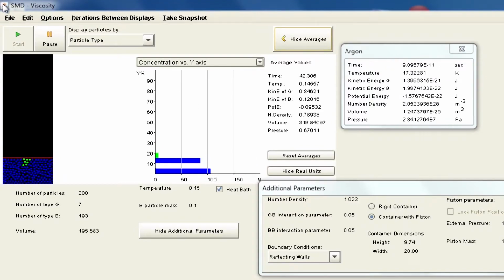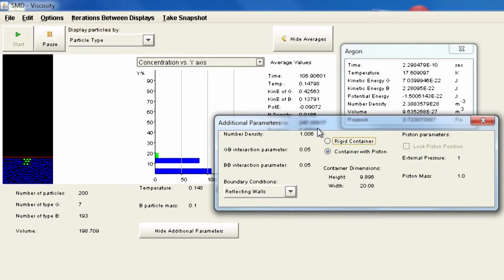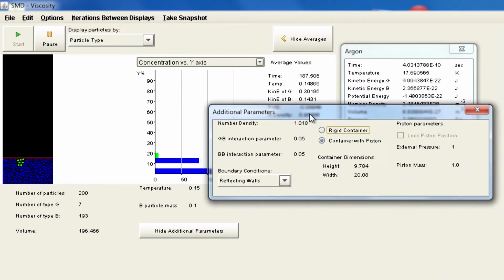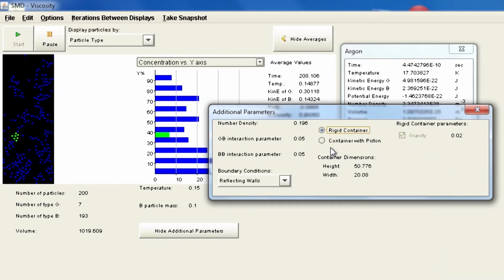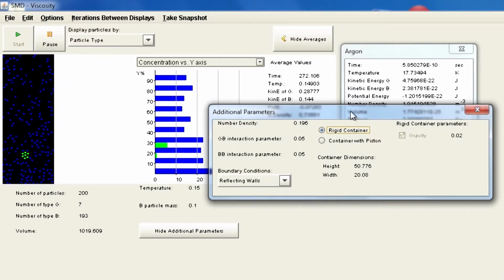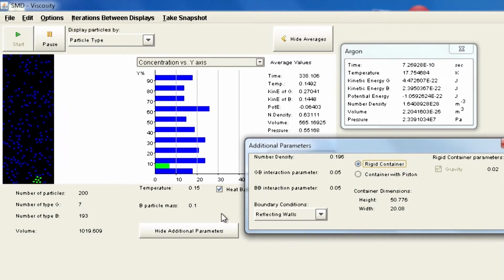However, the diffusion has not taken place. The pressure is not affecting the diffusion much, because they are still not diffusing, and in this case there is no gravity, you can still see they are stuck up and they are not moving down. So if you look, the diffusion has become restricted quite a bit in this case. So now let's go back to the rigid container. As you see here, now in this case there is diffusion again happening. So by measuring mean square displacement, you are able to see all these different kinds of effect.